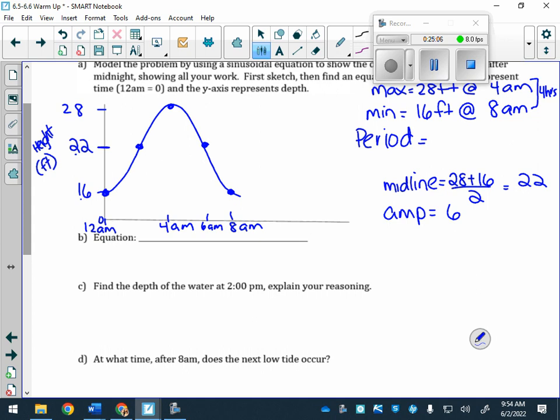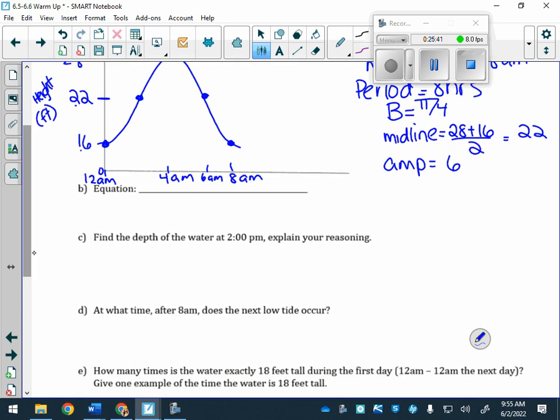Either way works. Either way is totally fine and acceptable. This just gave you a starting point and just saying the scale is 12 a.m. is 0. We have seen scales where they give you the period. Here you had to figure it out. So the period was 8 hours. Therefore, what would your B value be? 2 pi over 8. What do we got? Pi over 4. Okay, so our equation, y equals -6,